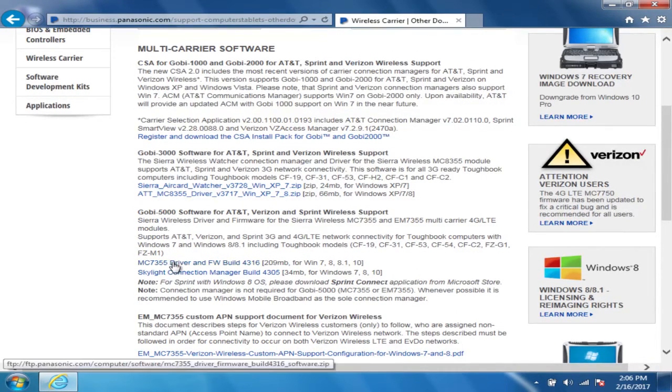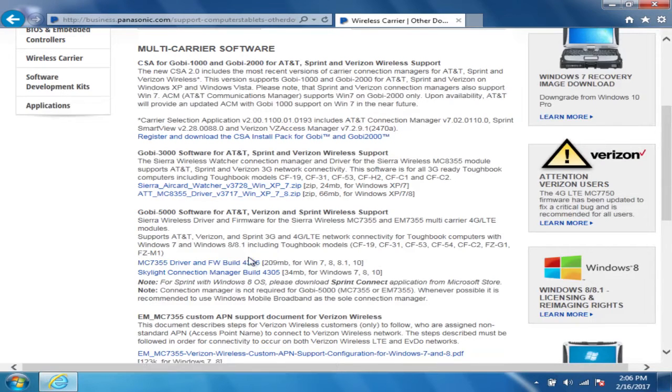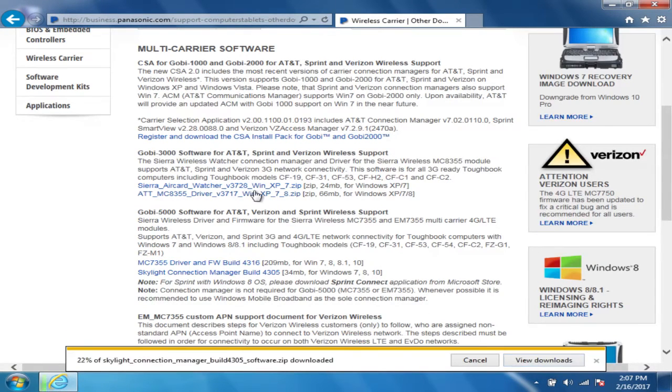You'll need to download the driver and the Skylight Connection Manager.